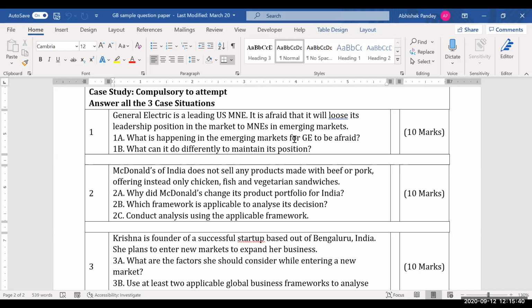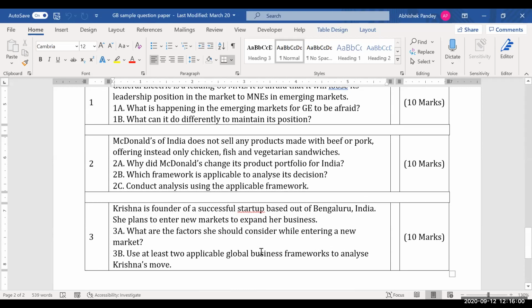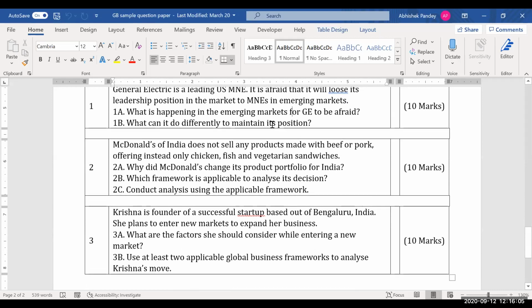And again, there is nothing right or wrong. Whatever analysis you do is your own analysis, and you have to explain your perspective and use any of the frameworks, any of the concepts that we have learned. You're free to do that. Any questions here? So I think the email Mr. Rajan sent, that pattern is different. I don't know whether you have got updated from him or not.